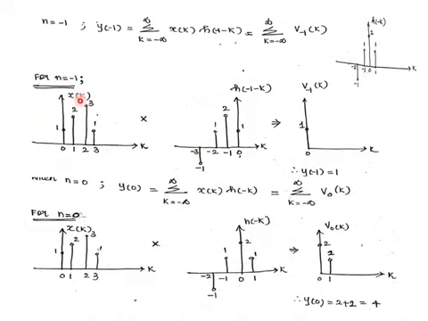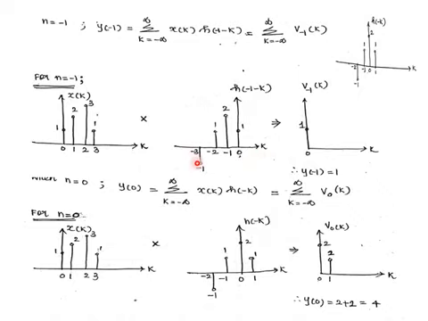Now coming to x of k, it has an amplitude of 2 at k is equal to 1. Looking at this h of minus 1 minus k, here at k is equal to 1, its amplitude is 0. It has no signal value at k is equal to 1. So this 0 will get multiplied by 2, its value becomes 0. Then at k is equal to 2, here the amplitude is 3, whereas here the amplitude is 0. Again it will be 0. At k is equal to 3, here the amplitude is 1, whereas here the signal has no amplitude, so it again becomes 0.